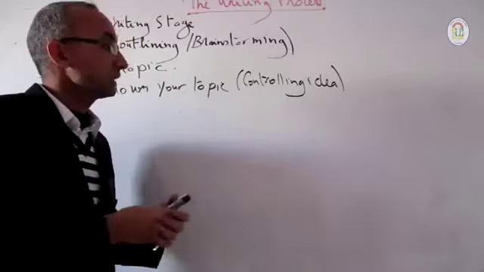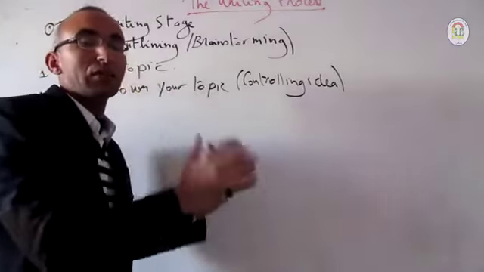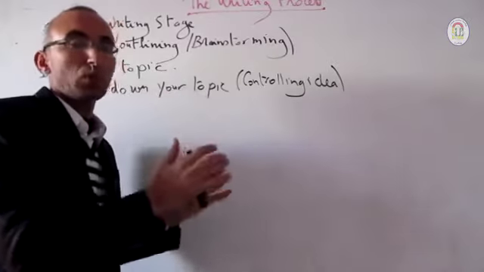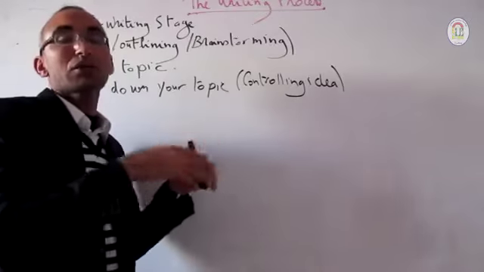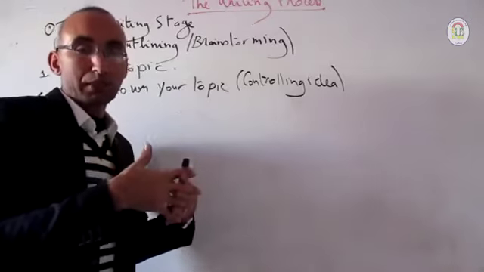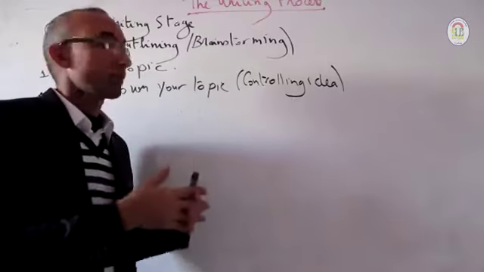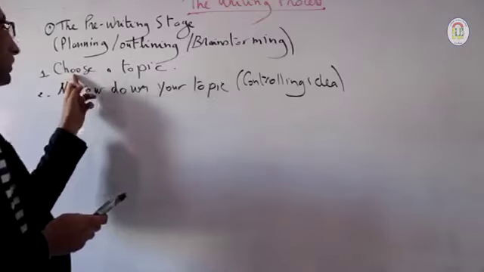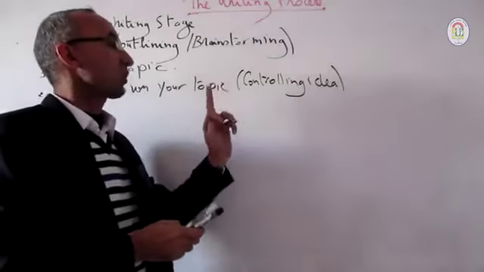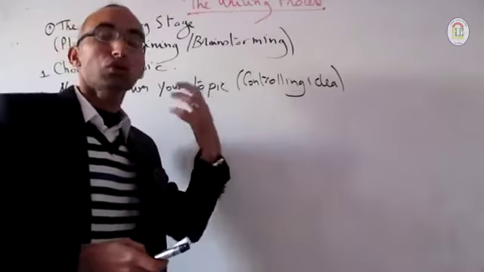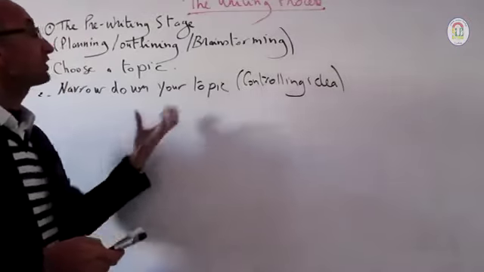Because here we must discuss, as you know, in the paragraph, one single topic, one of these main ideas within this topic, and we are not allowed to have a mixture of topics. This will break the unity of our paragraph. So after choosing a topic and narrowing it down by choosing the appropriate controlling idea, I move on to the third step, which represents the core, the heart of this stage,